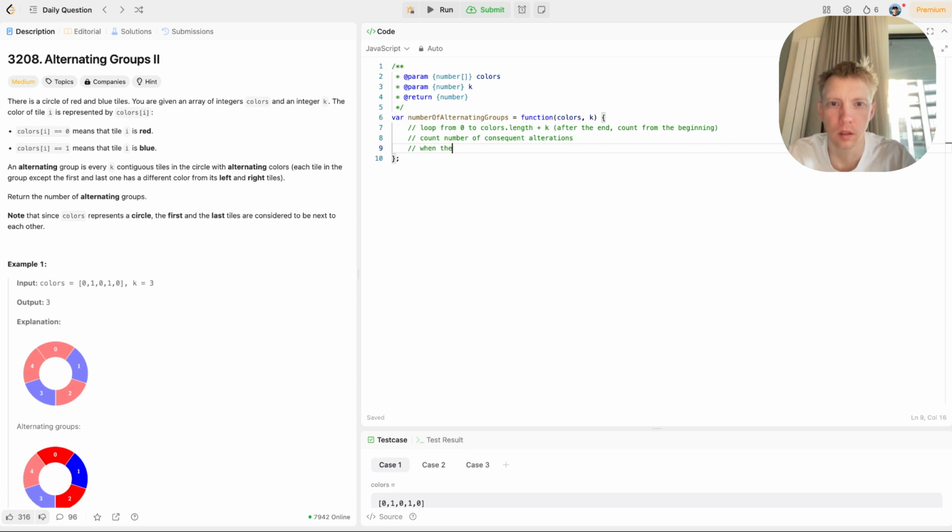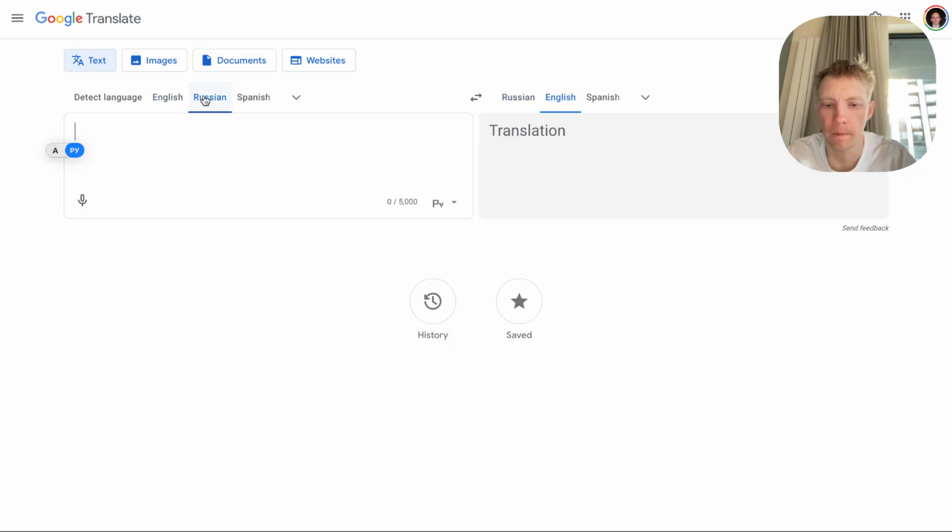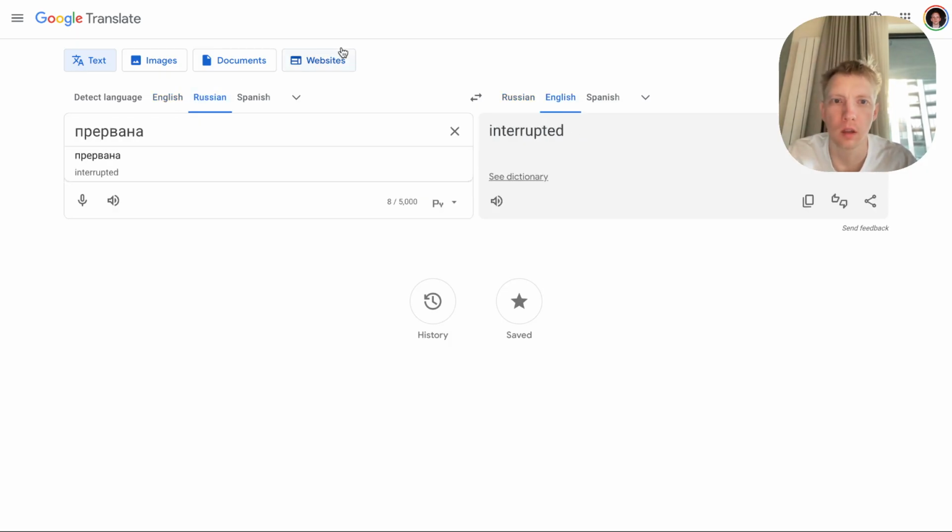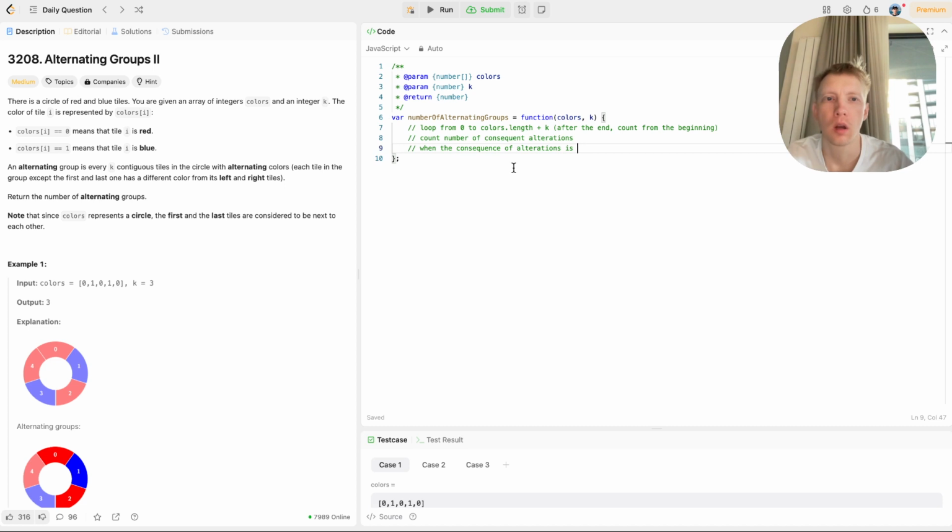When the consequence of alterations is interrupted, or the loop is finished,